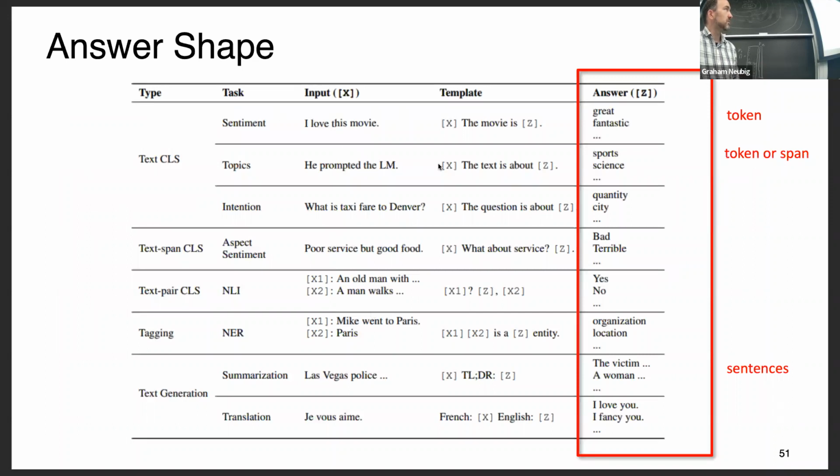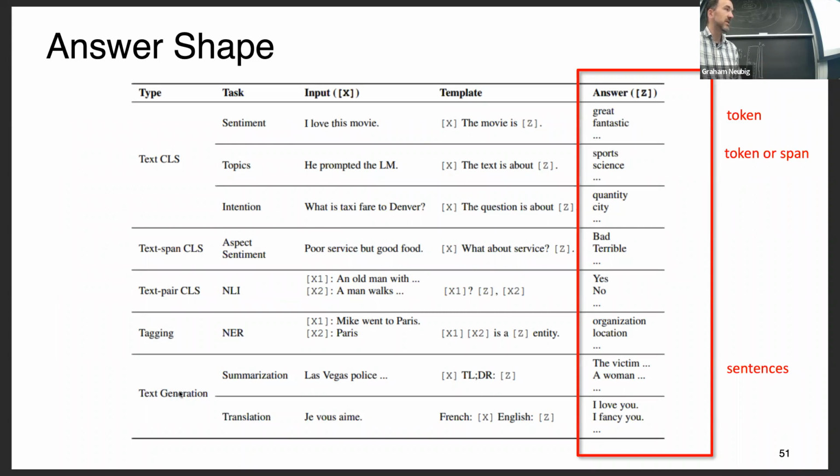So here are some examples of answers that you could be using for different tasks. For example, for sentiment classification, you could be using tokens here. For topics, you could be using tokens or spans.